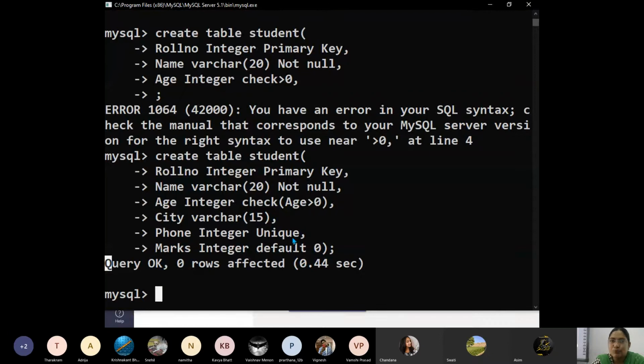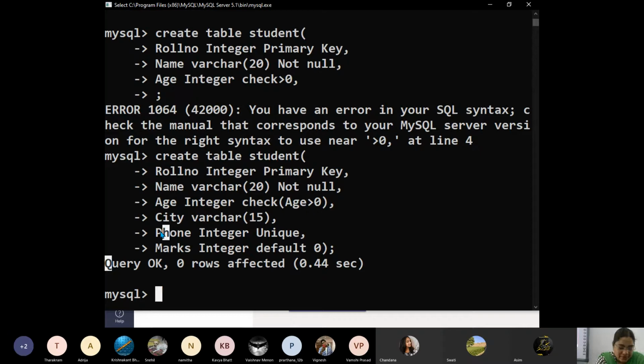Here for name we have given only not null, which means repetition of name is allowed, but it cannot be left blank. Null values are blank. Phone number should be unique, it should not be the same for two people, but it can be null also, it can be left blank.